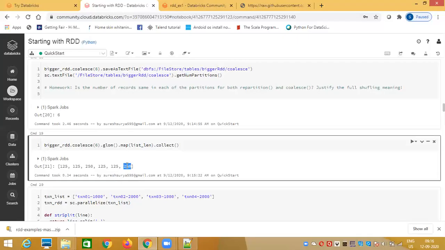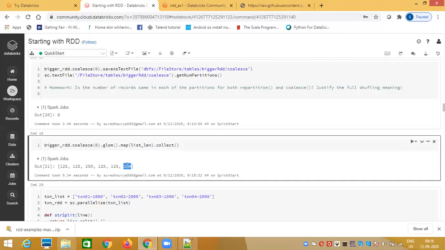So, Siddharth, how will that be distributed when we reduce from 8 to 5? You had 8 partitions, or 8 collections, as 8 lists in the RAM of 8 computers. The moment you called coalesce 6, 2 partitions, on any random 2 computers, just clubbed together as a single partition.